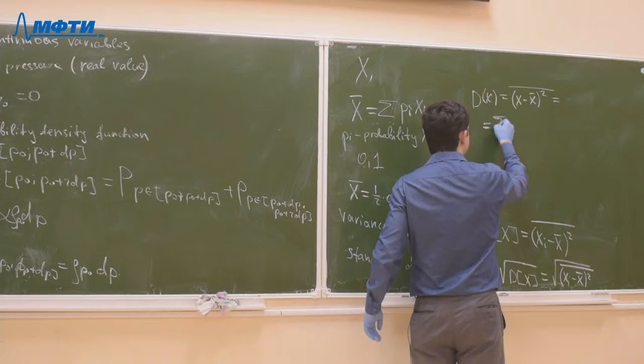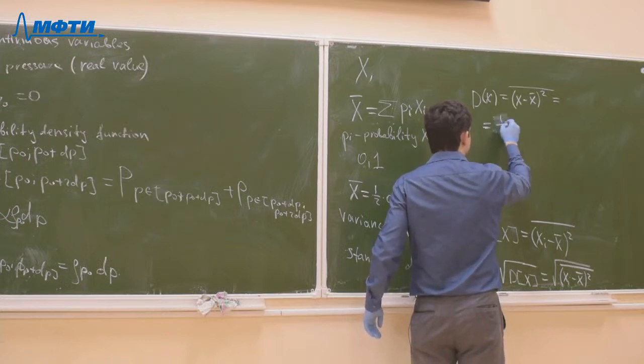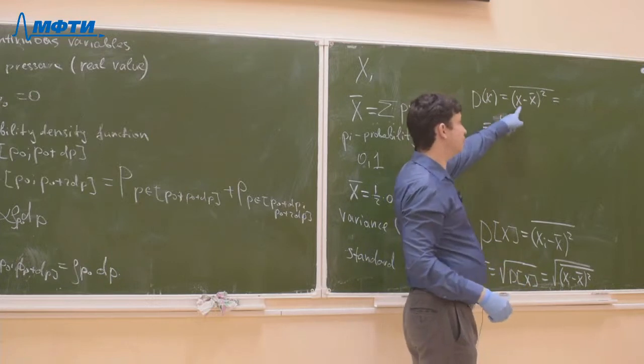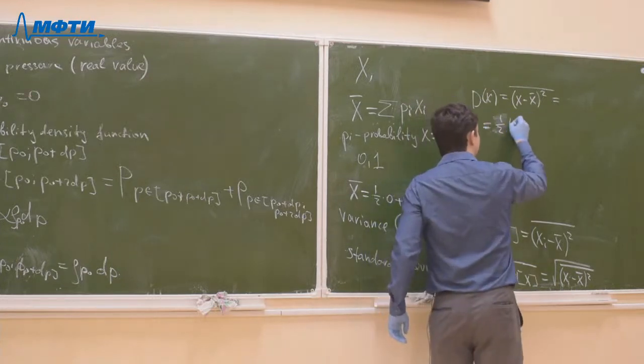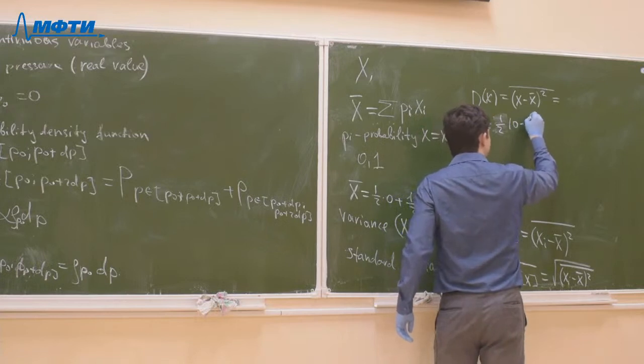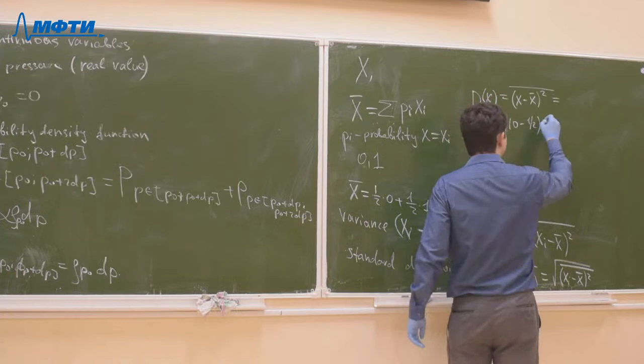This is a sum, or instead of sum, I can write: with probability 1 over 2, this x value will be equal to 0, minus 1 over 2 of mean value, squared,